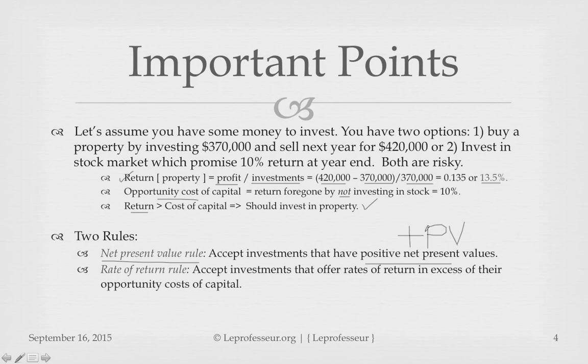Present value should be positive. Then the rate of return rule means accept investments that have a rate of return greater than the opportunity cost. So, these two things you should remember